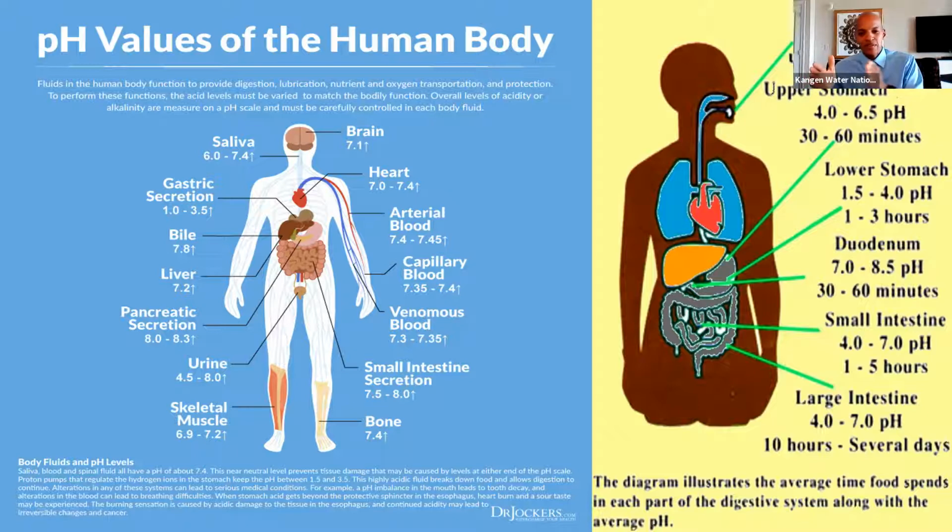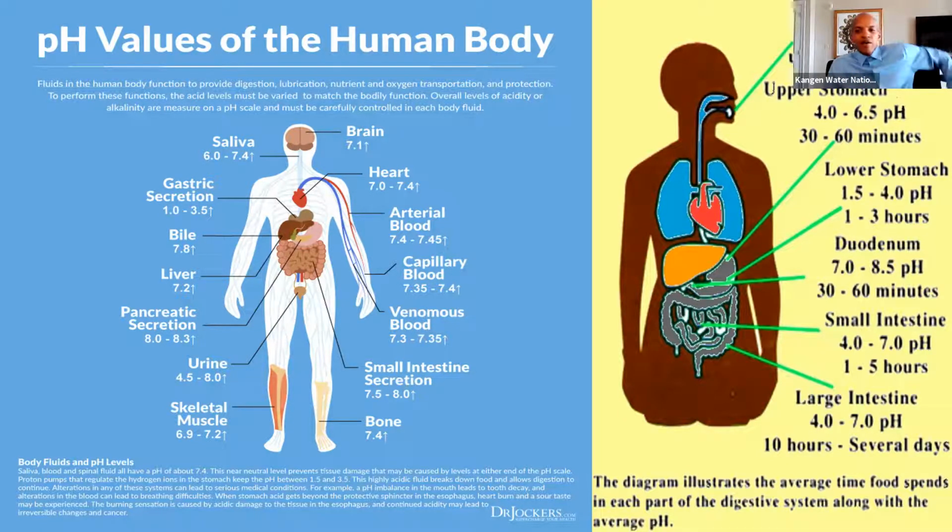So 0 to 7 is one pH range, 7 to 14 is yet another. Anything below a 7 on that scale is considered to be acidic. Anything above a 7 on that scale is considered to be alkaline. So some organs are in the alkaline range, 7.1 to 14. Some, well, not that high. Some organs are in the acidic range, 6.9 to